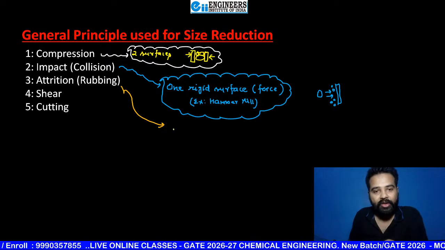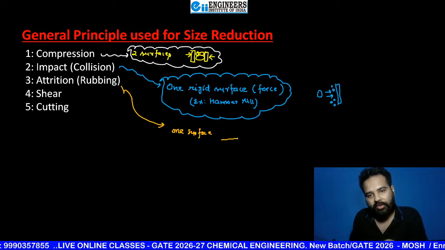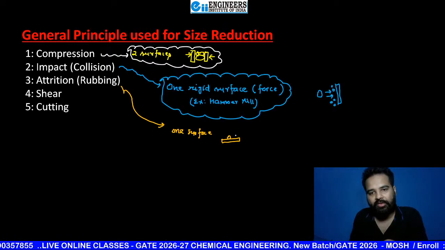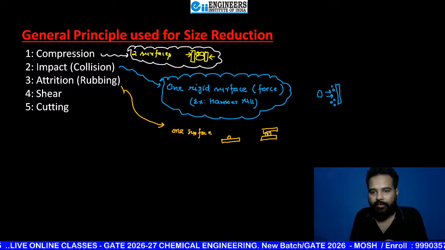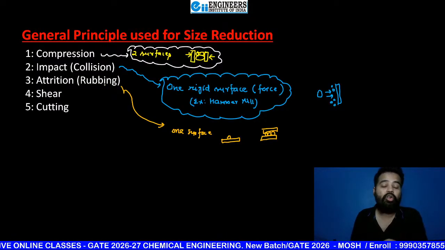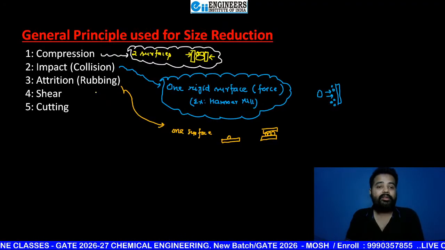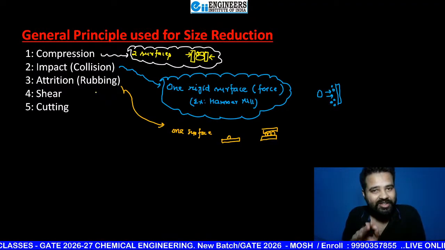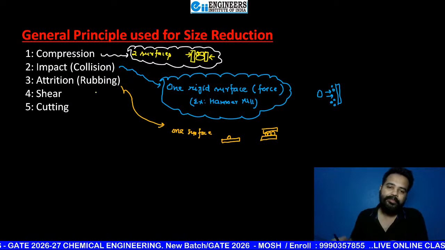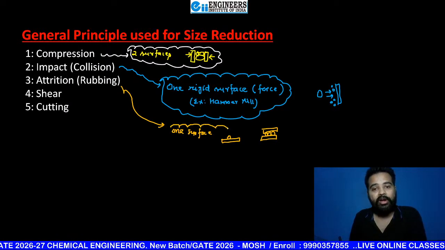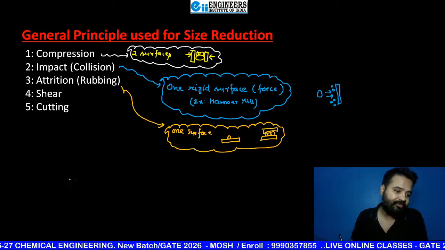So for rubbing, one surface, you are taking this as one surface and you are going to rub this on that surface, or maybe you are going to rub between two surfaces. This is also one type of attrition or rubbing. So if you are seeing in any equipment the size reduction is done in this manner, then just write this equipment works on the principle of attrition. If more than one principle is present, then you can also write like this: equipments work on the principle of impact and attrition, like this. Okay,